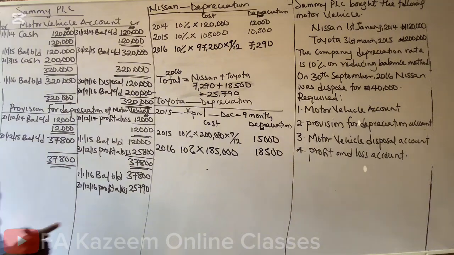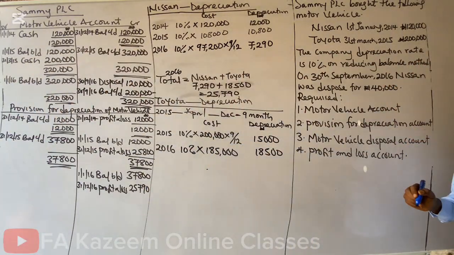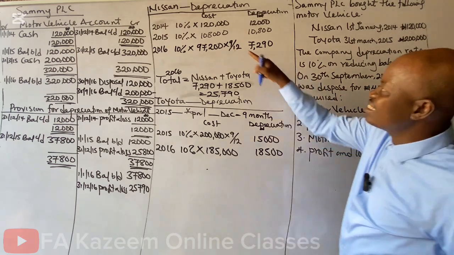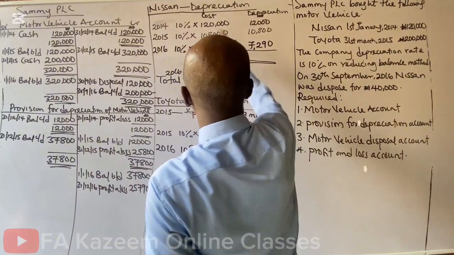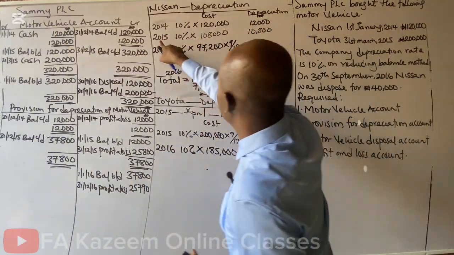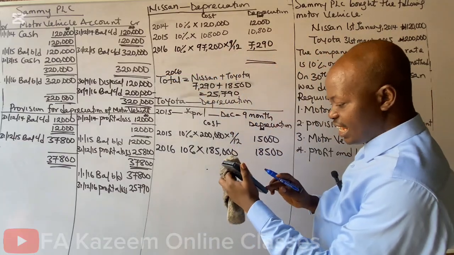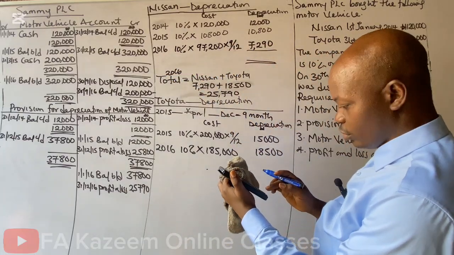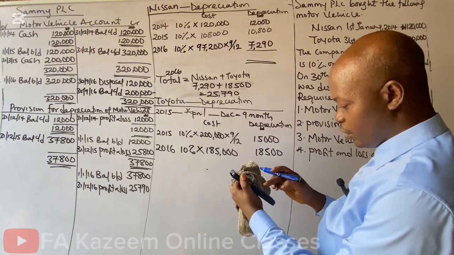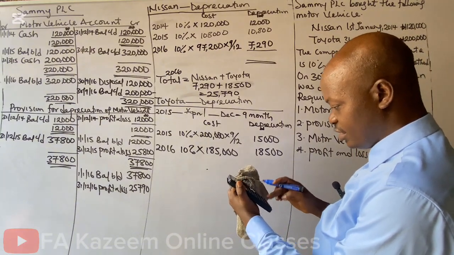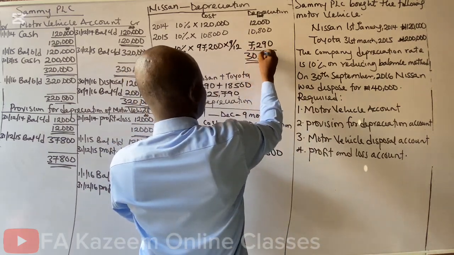But mind you, Nissan has been disposed of in 2016. The question now remains this: how much have they set aside for Nissan up to date? That's where you come here and add. This for 2014, this for 2015 using reducing balance, and this is for 2016. Let's add it together. 12,000 plus 10,800 plus 7,290. They have set aside a total sum of 30,090